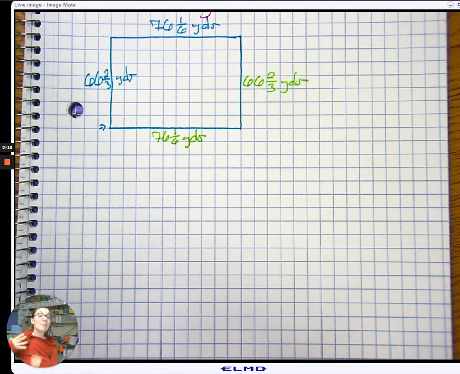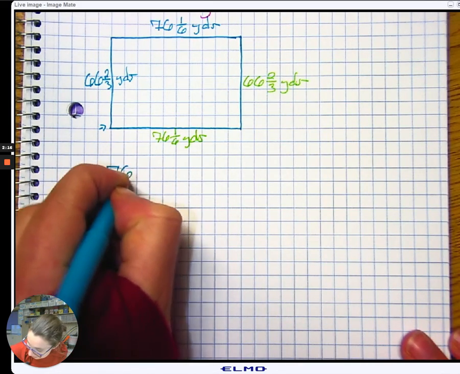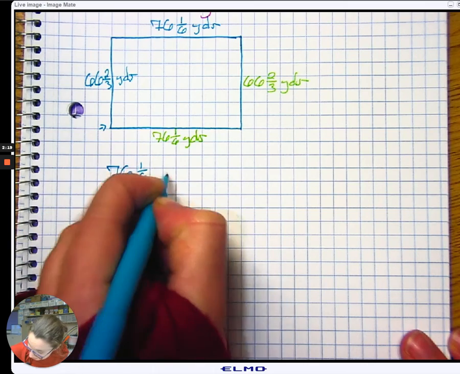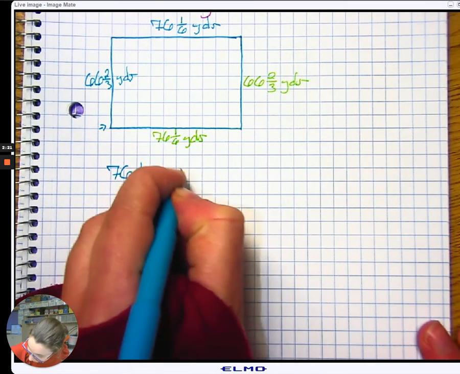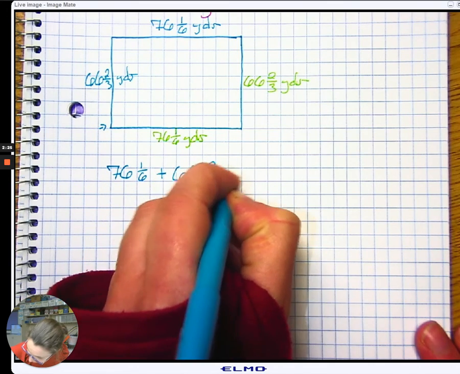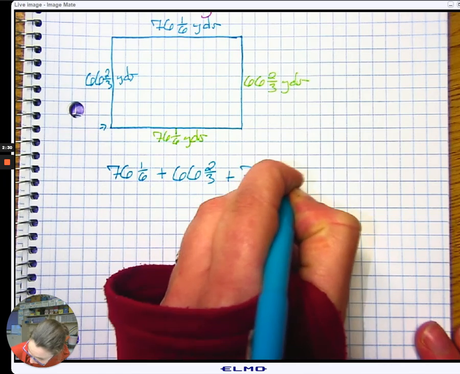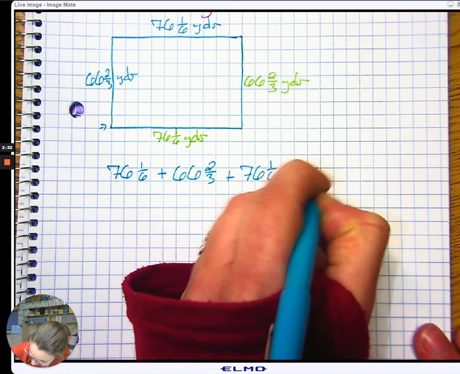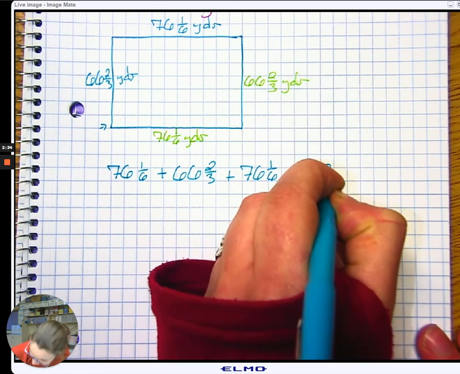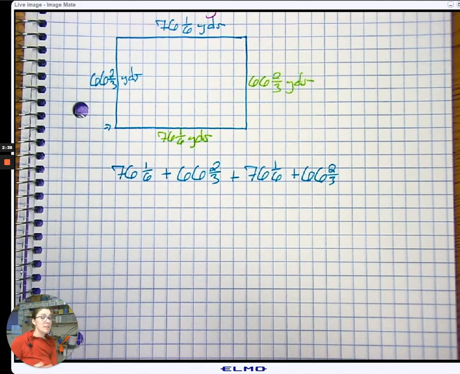So we have a fraction addition problem yet again. Let's go ahead and write that out. 76 1/6 plus 66 2/3 plus 76 1/6 plus 66 2/3. So this is one of those problems where turning them into improper fractions would kind of be a pain,